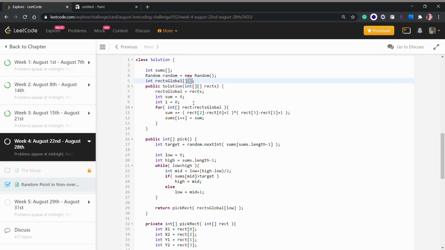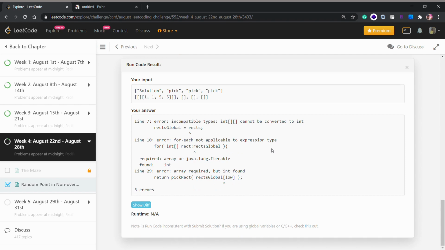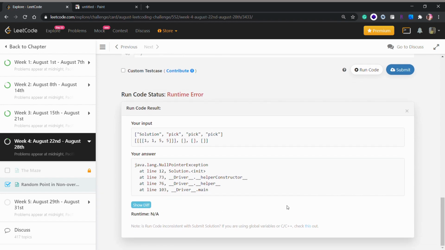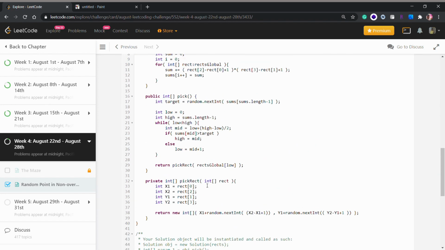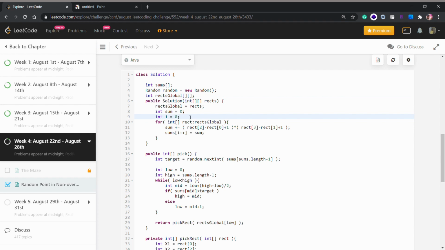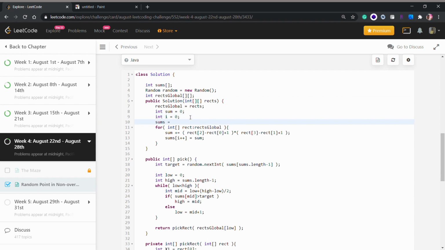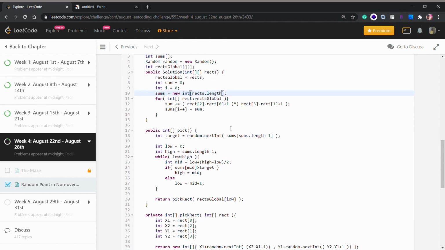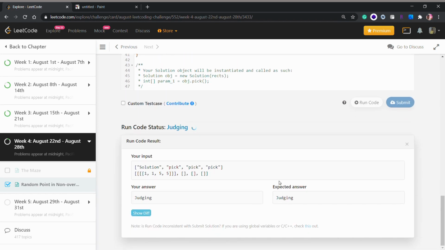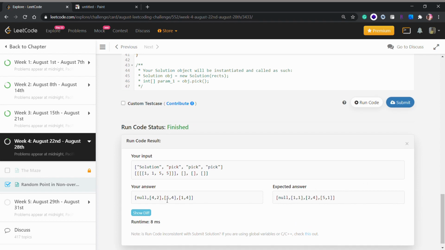It has to be a two-dimensional array, and I think that should solve the rest of our errors as well. Okay, it's giving a null pointer exception at line 12. Oh, sorry, we did not initialize our sums array as new integer of rects dot length, because we will store the possible points for every rectangle, so it had to be the same length as our given rects two-dimensional array, and I think it worked pretty well.